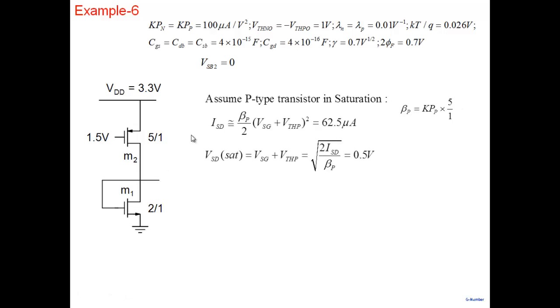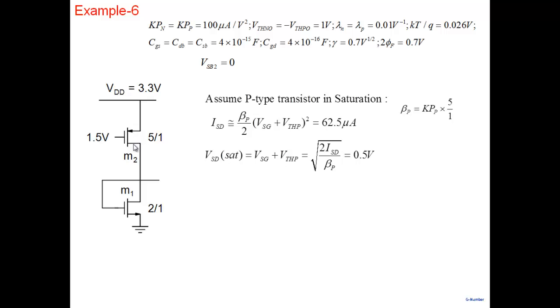So again, to calculate this, let's assume we know that the NMOS is in saturation region. We don't know what the voltage is here at this point, so we cannot calculate the current here. But if we look at this one, let's say M2 is in saturation region,